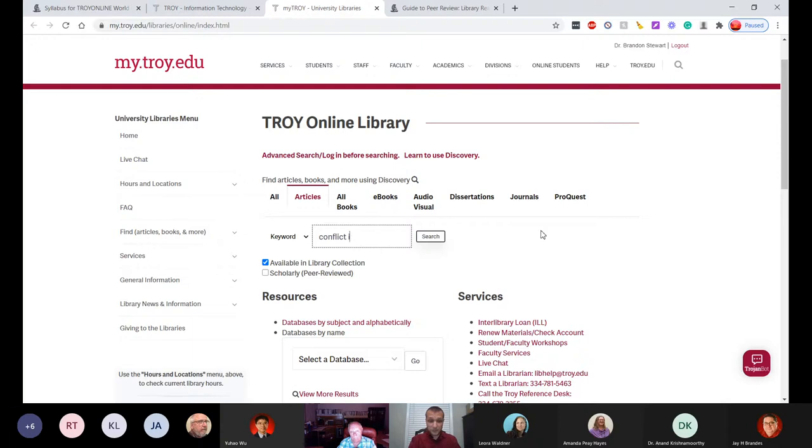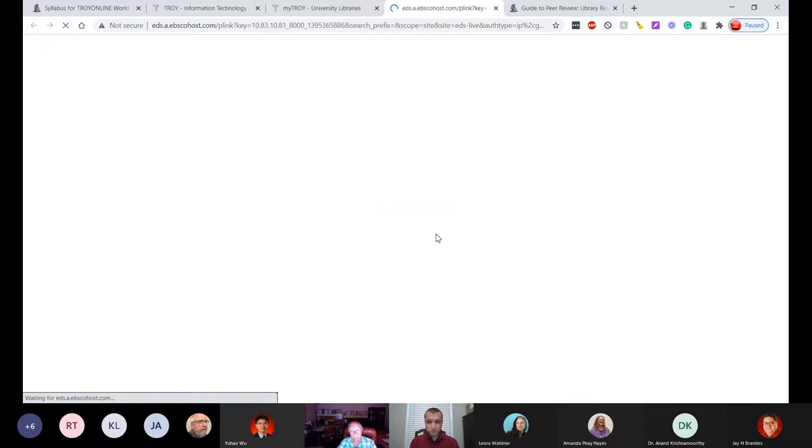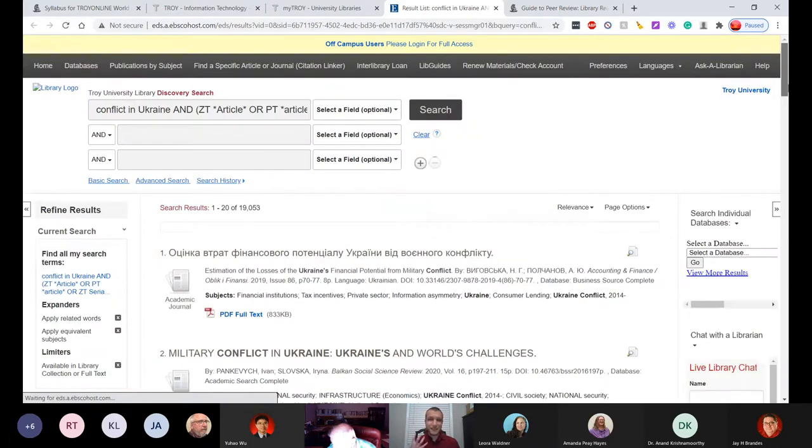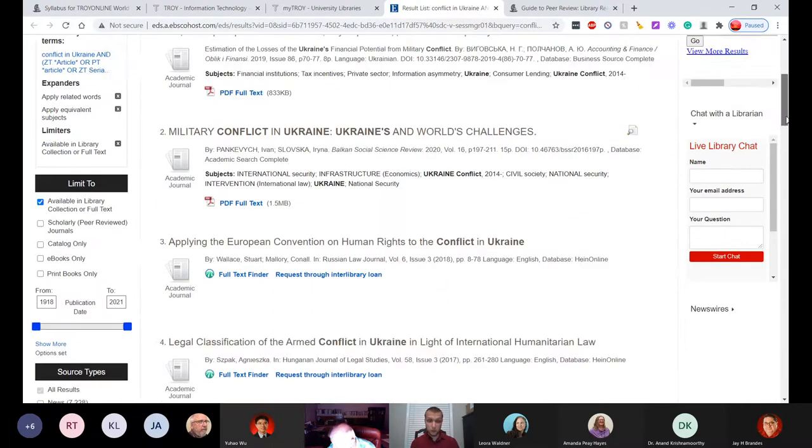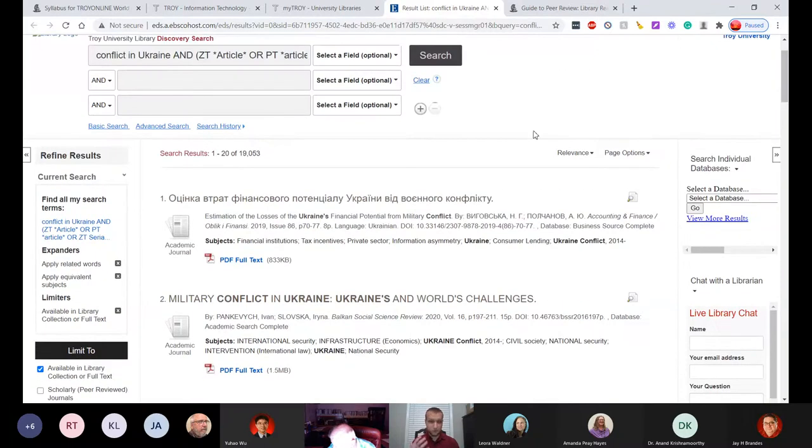Let's start by typing in the search conflict in Ukraine. But we're not going to check the scholarly peer-reviewed limiter box. Let's just type in conflict in Ukraine and do a search. And you will see when this pops up, more than 19,000 hits came up in this search. The vast majority of hits are not peer-reviewed, and this is a lot to sort through if you're trying to figure out what's peer-reviewed and what isn't. So to avoid this level of searching, if you will,